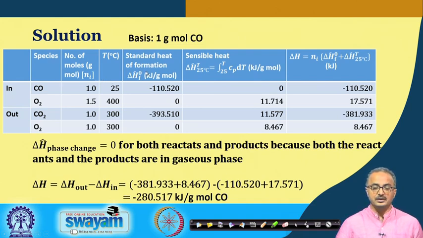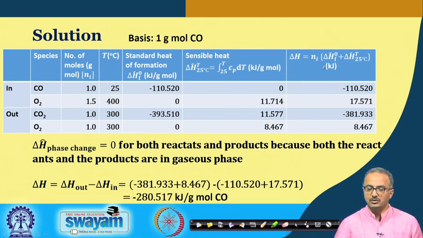Now, after that we again reproduce the table. The only thing is that we now put some extra values which we need to find the enthalpy change. First we get the values of the enthalpy of formation from the data table. Next, we get the values of A, B, C, D as we have just shown, and now we perform this integration to find the sensible heat contribution. We do this integration and put in the values of the integrals. You can perform this very easily, and then we simply add this value with this value for each of the components.